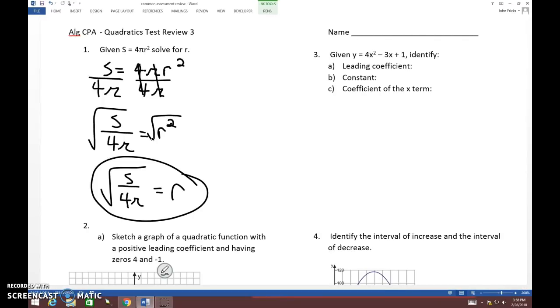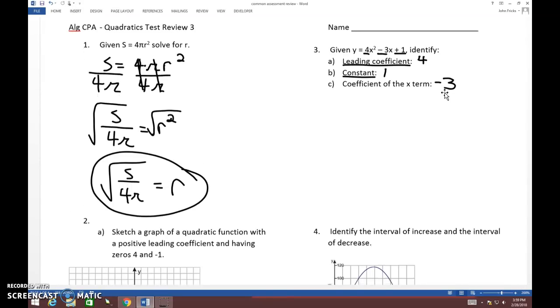Remember that the leading coefficient is going to be the number that is out in front, the number that is in front of the x squared. So here the leading coefficient is 4. The constant is the number that stands by itself, so the number by itself here is going to be positive 1. And then the coefficient of the x term is the term in the middle, which here is going to be negative 3. So a really easy problem there. Just make sure you can identify all 3 parts and notice the differences in these 3 when you're on the